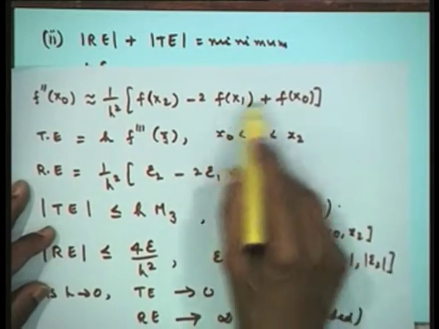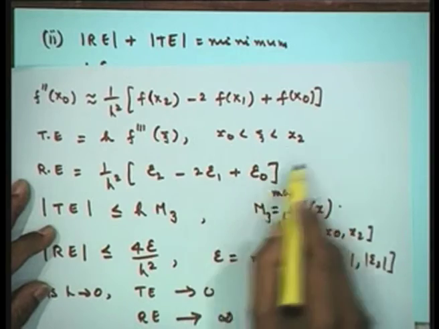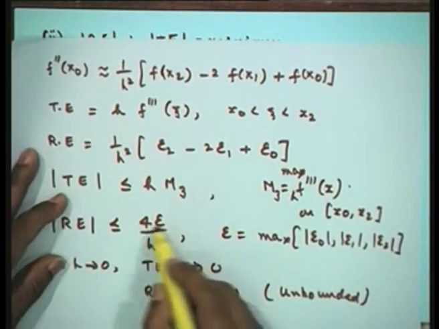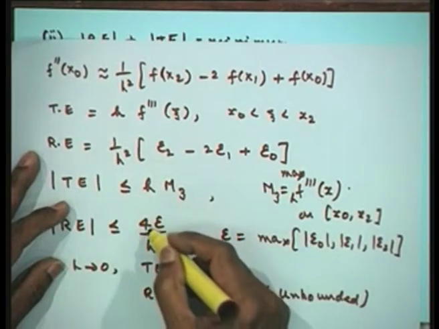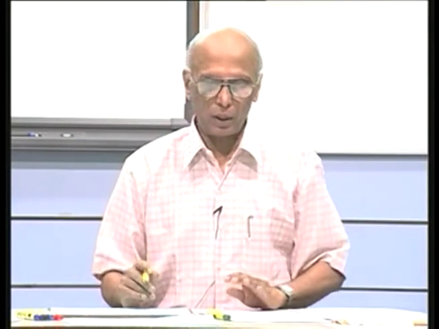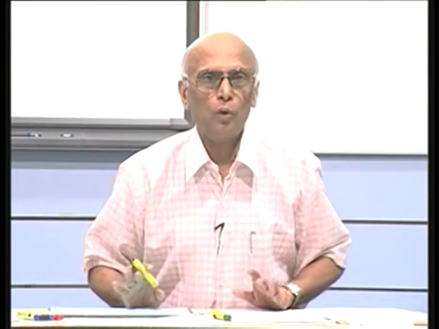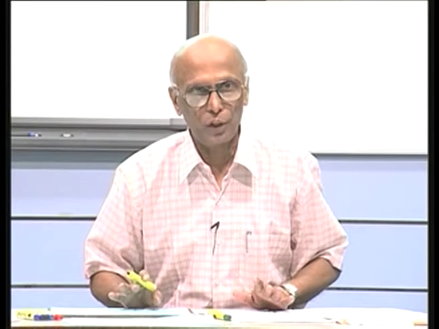But once I introduce more ordinates here, automatically I am introducing more round off error. So, instead of 4 epsilon it could become 6 epsilon. So, the factor that we are multiplying can go higher in this particular case. Second observation is, suppose that in a practical problem you really do not know what is the function that is governing the data, we do not know its first derivative, second derivative and so on.